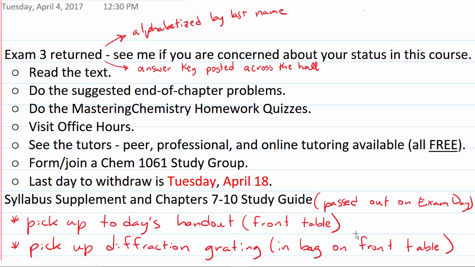All right, let's get going then on our stuff here for today. You should have picked up one of these diffraction gratings up here, and we also have a handout. Did not get one, come up, you need one of each one of these here today. And what I'd like you to do is to pick up the diffraction grating. And by the way, on that handout,